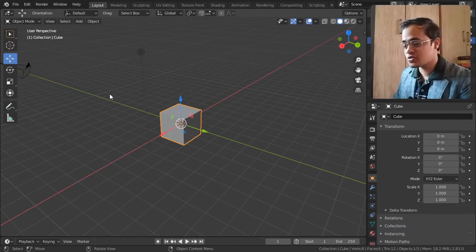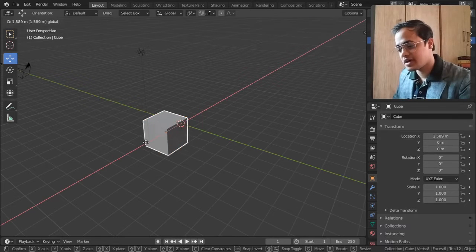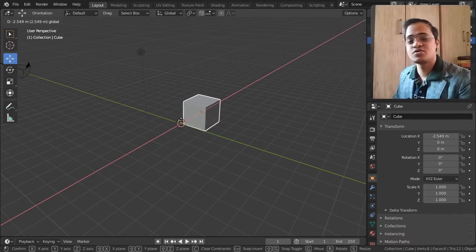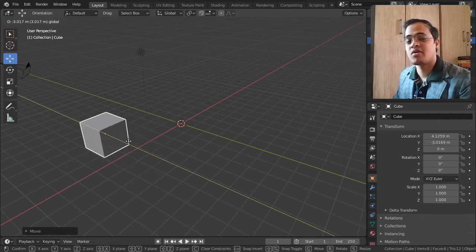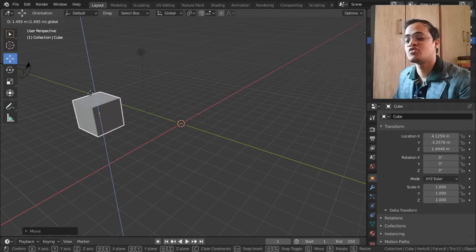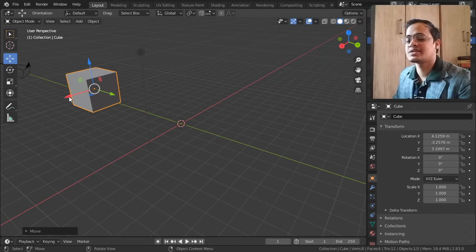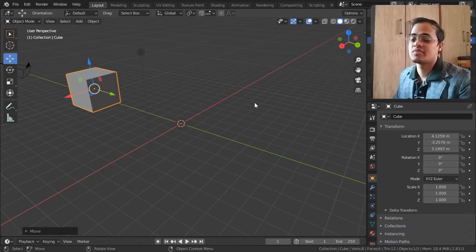If I click on the move tool, I get this gizmo, and here we get 3 arrows. If I click any one of the arrows and move the box, it is going to move the box in that direction. If I click and hold this green arrow, I can move that box in the green direction, and if I hold the blue axis, I can move it in the blue direction. And these are nothing but X, Y and Z. And if you don't believe me, X, Y and Z. That is how you can move the box.